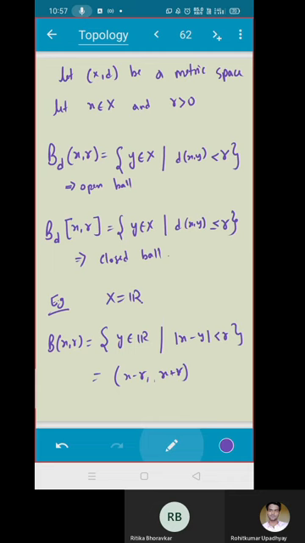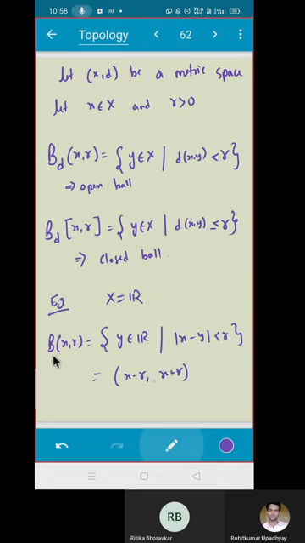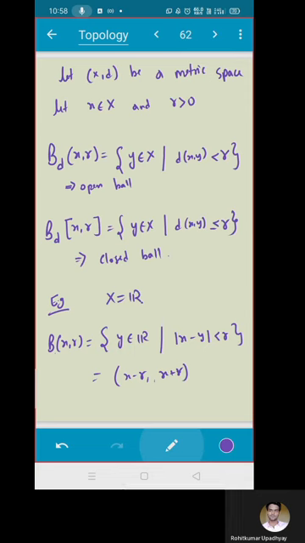And what about if you take R2? A circle. Let us define the set again. If I do not write d under that, you should still understand I am talking about this B(x, r). If I just write B(x, r), you must understand there is a metric defined inside it. I do not have to mention it all the time. We must understand there is a metric, because only then can I define the distance between points. Correct?